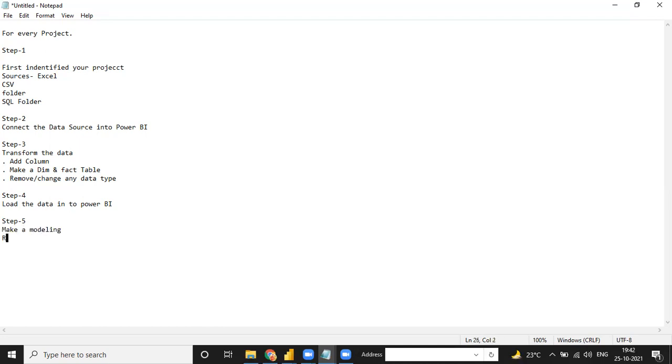Modeling means making a relationship between these two tables, the relationship between fact and dimension table. So guys, before moving to the next point, I'm asking you, what is the difference between fact and dimension table? Anyone tell me, like Shweta and Jasmeet, Ritu, anyone tell me what is the difference between fact and dim table? Because the next step is to make a modeling, and when you make a modeling, you have to remember two things, fact and dimension tables in your data. So anyone?